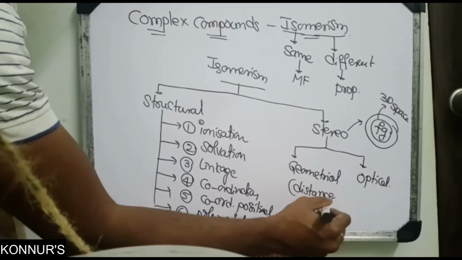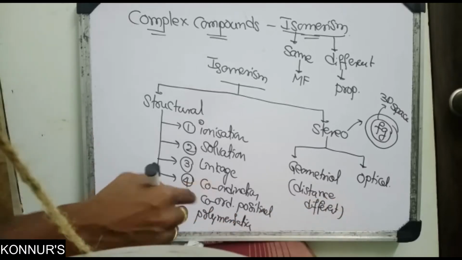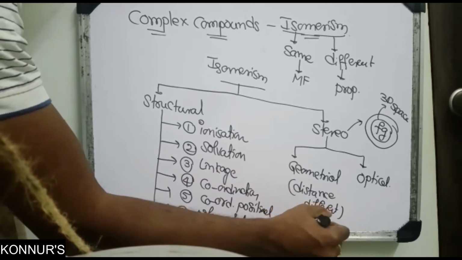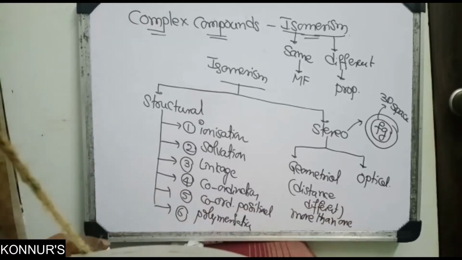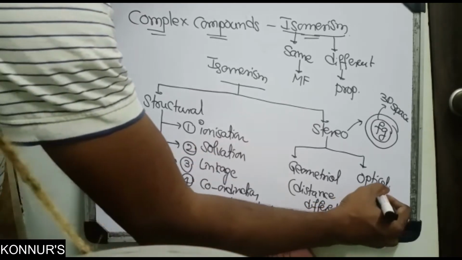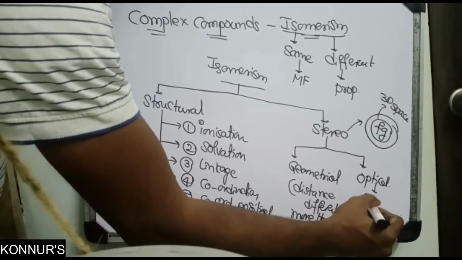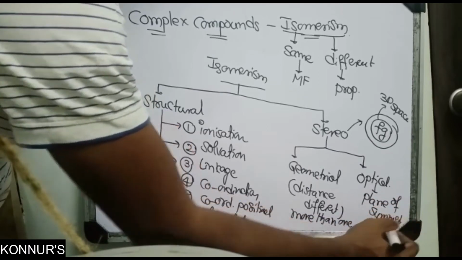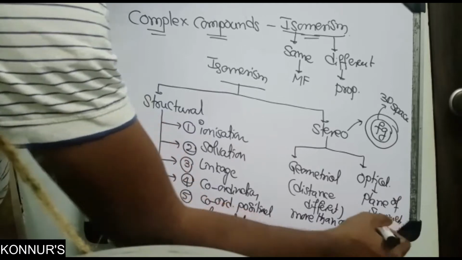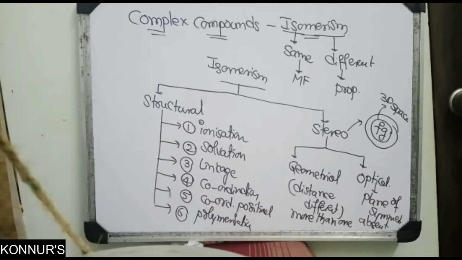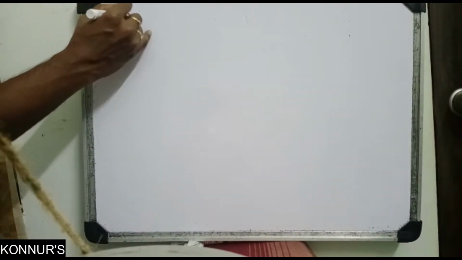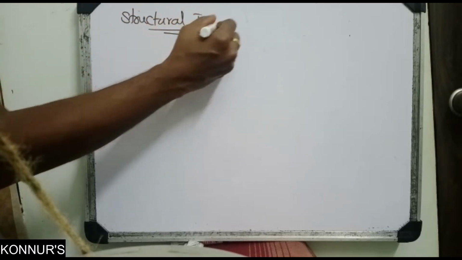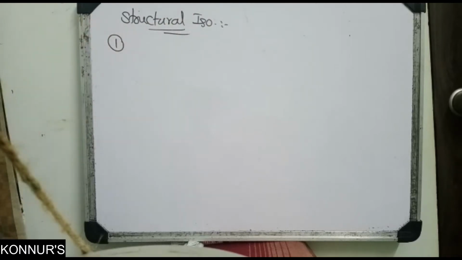In geometrical isomerism, you must remember distance difference. So if you are given a molecule, you write it down. If you get different distances, or more than one structure is possible, then it will show geometrical isomerism. Optical means the plane of symmetry is absent. When the plane of symmetry is absent, it shows optical activity. So in structural isomerism, one by one we can see. First one,